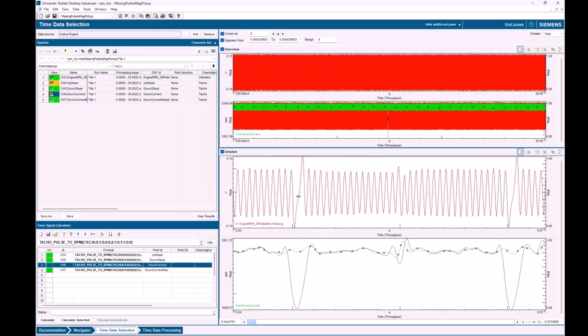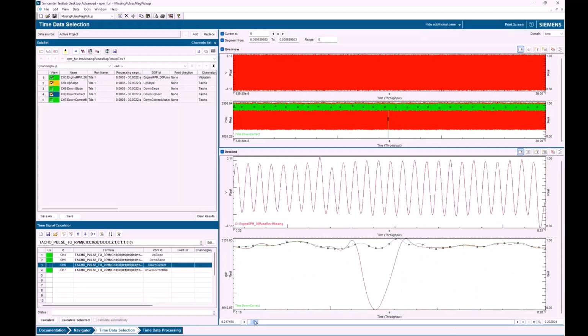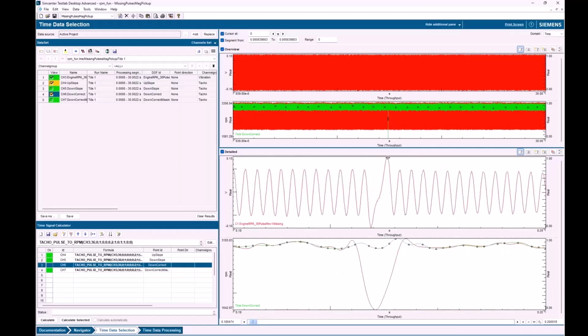Looks like that gap is affecting the pulse after, for sure. Yeah. So what happens is with these magnetic pickups, the ones that I was showing earlier, you can see that this one is a lot different in amplitude, and that actually distorts where the crossing is of this one. Even this one is not correct. We're missing one, and then because of this distorted amplitude, the timing isn't quite right here.